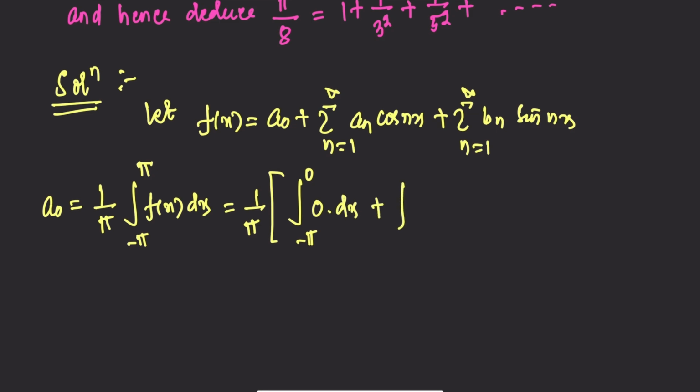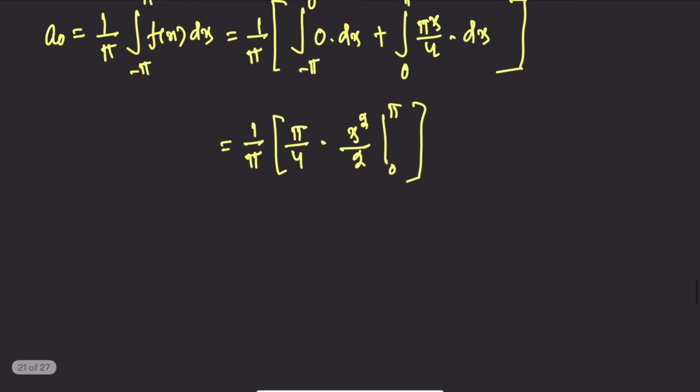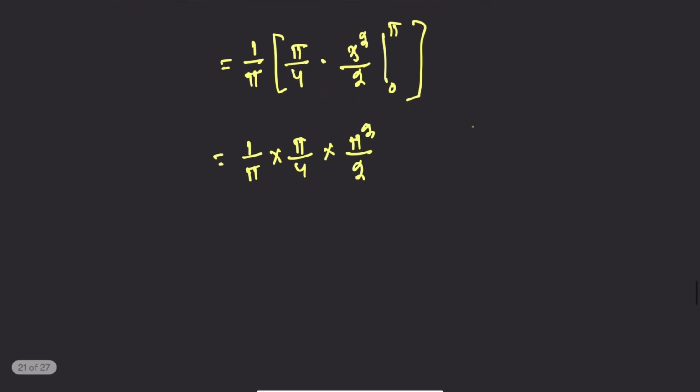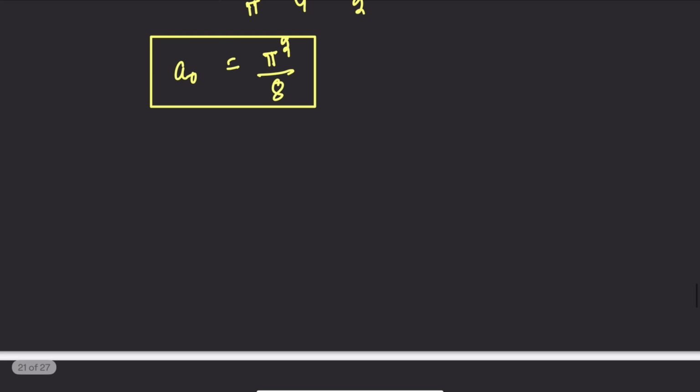Okay. And the second interval is 0 to pi, and the function is pi x by 4. Okay. Euler formula for an is